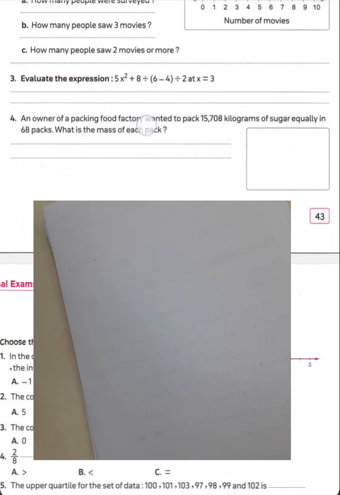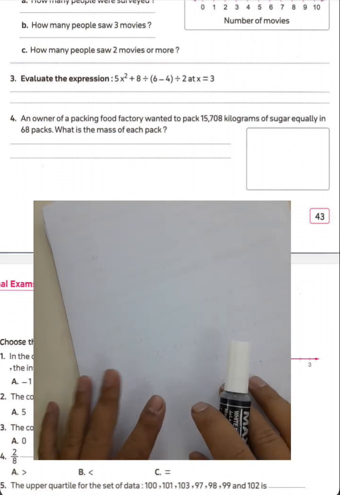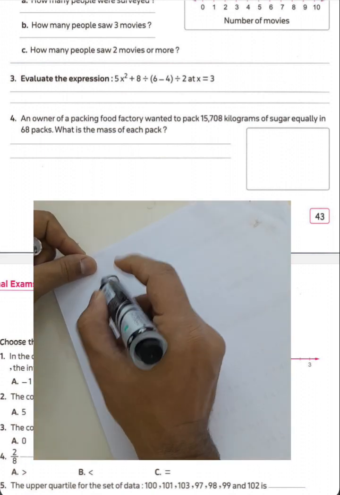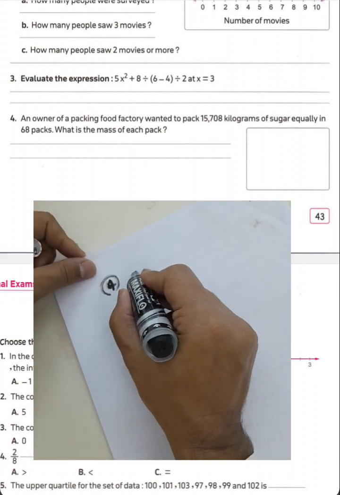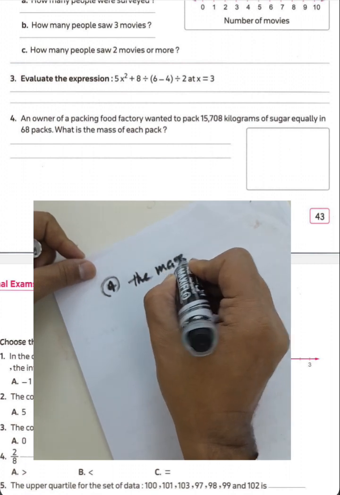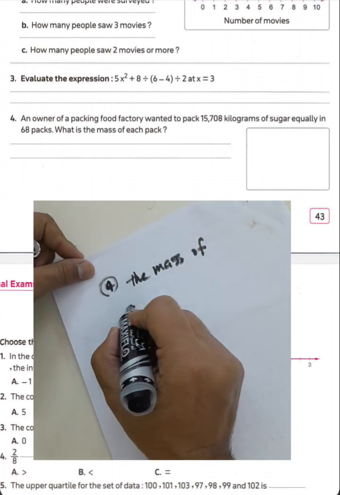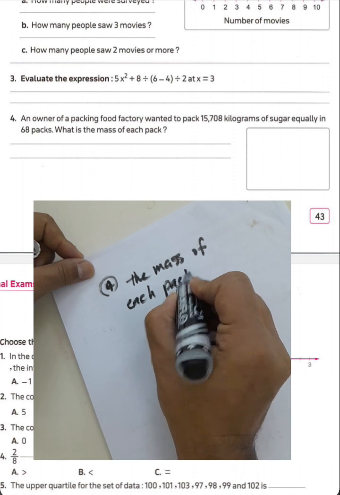What is the mass of each bag? We will find the mass of each bag by using long division between the 2 numbers. Then, question number 4, we can write the mass of each bag equal